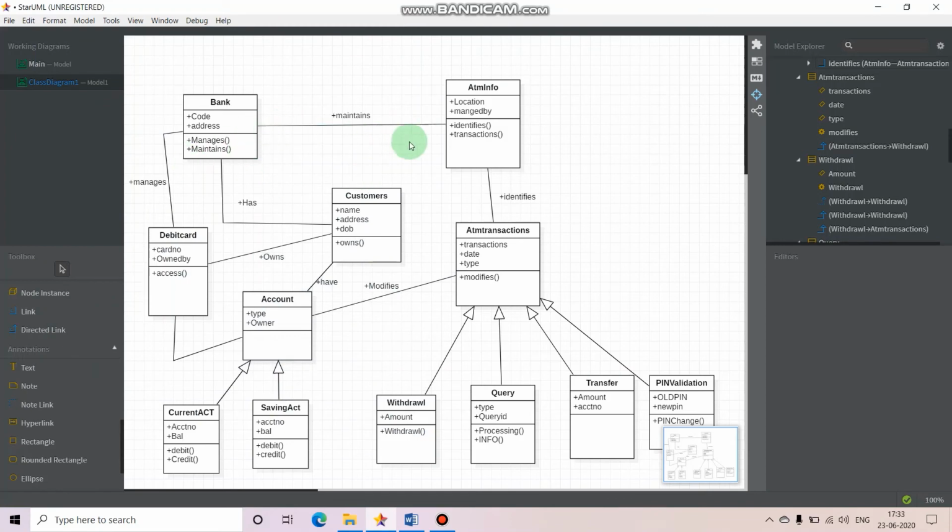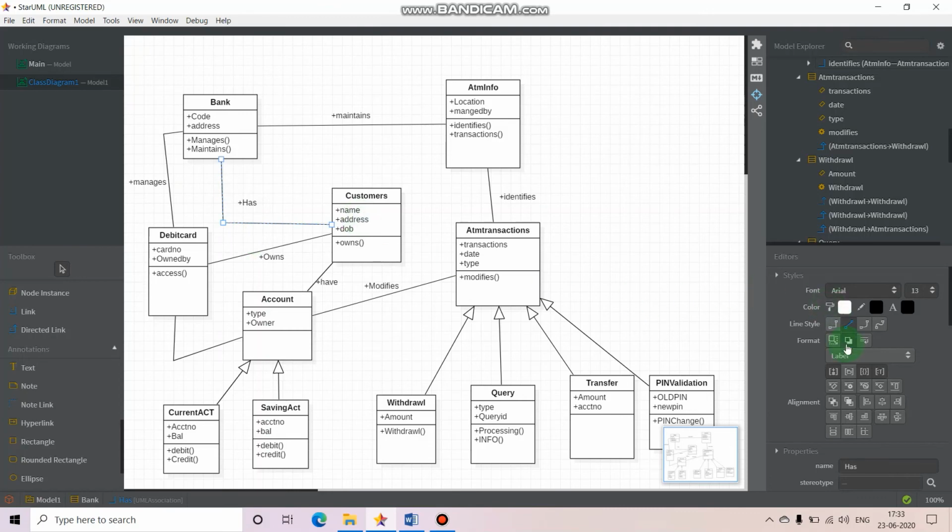Now see, we have created the association between the entities, but we have known from the last video that these entities may have a one to many relationship or many to many relationship, etc. Now here it shows that the bank has customers, but I want to specify it correctly: one bank may have multiple customers, and one customer may have an account in one bank only or multiple banks, etc. So how will I do that? I'll click over this association line and it will show its complete details.